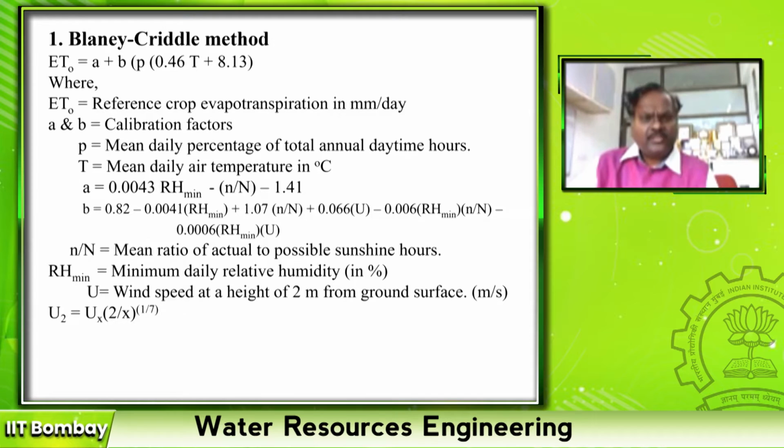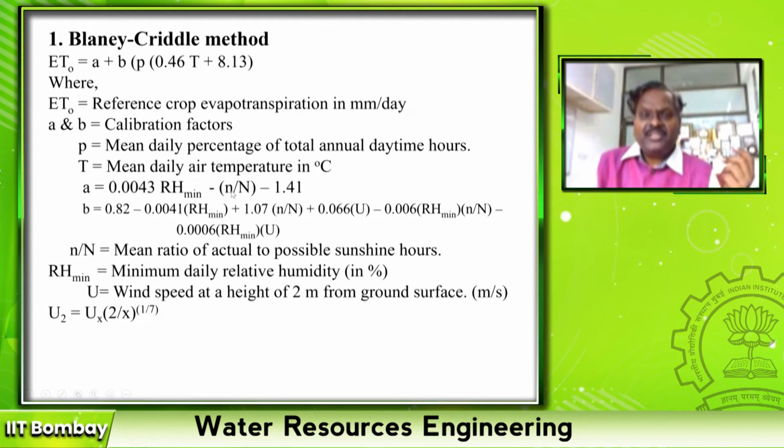I would like to inform you, don't try to mug up these equations to use in the exam. If needed, I will give them to you, but make sure what unit we are supposed to apply when we are substituting the values. For example, some books might have given 0.43 relative humidity minimum. Then RH minimum will be in ratio. If I have given 0.0043, then you have to use this RH minimum in percentage.